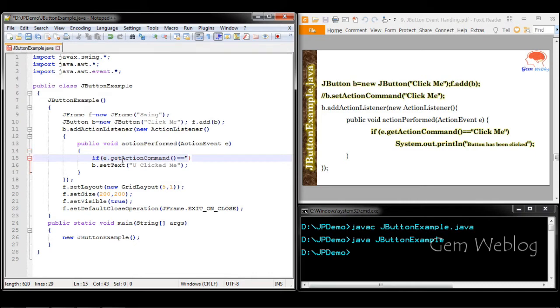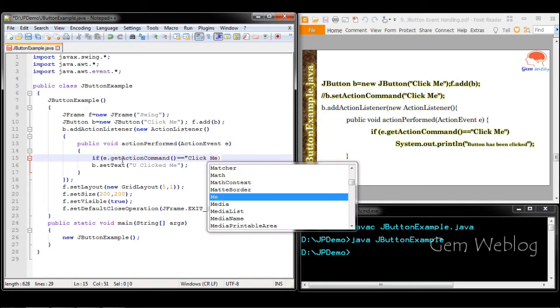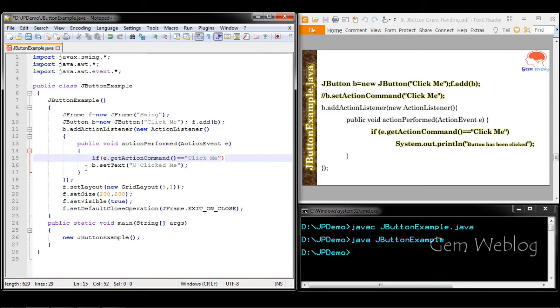So I am going to check if it is Click me. Whenever the button is clicked, the caption is extracted using getActionCommand. If it is the same as Click me, the button caption will be changed to You clicked me.